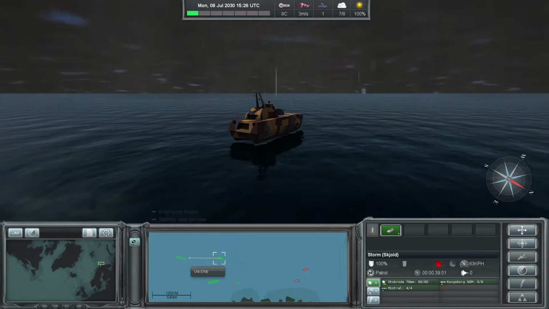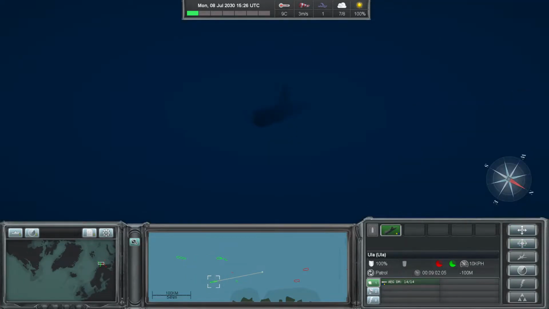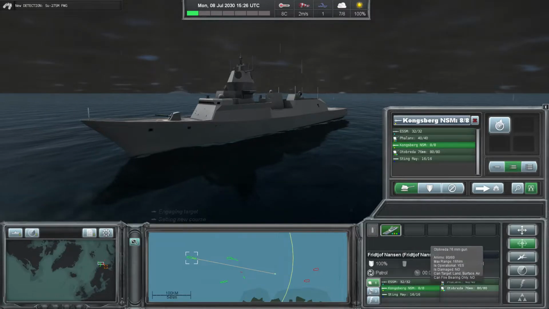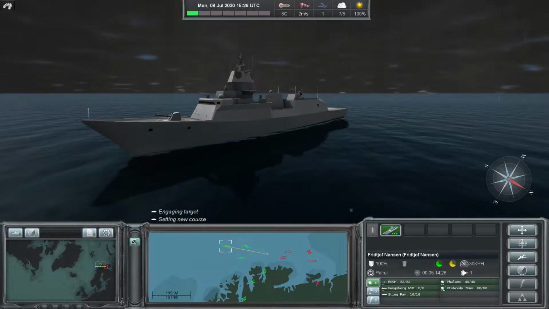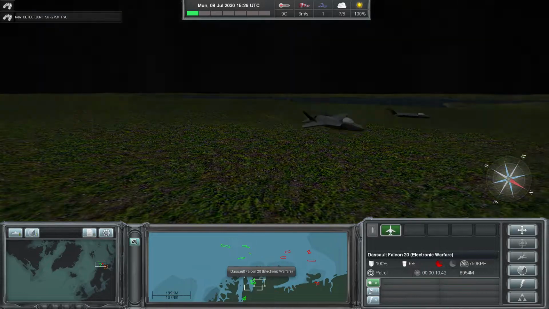You can see it's now sped up to 83 kilometers an hour, slightly short of its top speed. The Ula again is probably not going to be very effective in this fight because it's outranged. We've got Kongsbergs here, but they're out of range of anything on the Fridtjof Nansen. So at this point it's not going to really help in the surface fight. We've got an Su-27